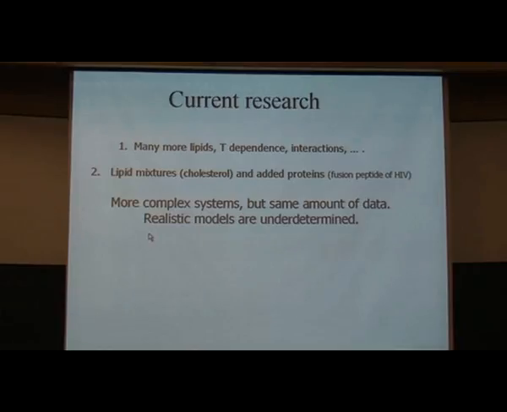But when we start adding things to make it more biological, we're getting more complex systems, but we have the same amount of data. Basically, we've got what I've shown you, the F of Qs, the KCs. And if you start doing modeling, as you add more things to the model, you get underdetermined very rapidly in terms of being able to say what the data mean. You have too many parameters, and your models become underdetermined.